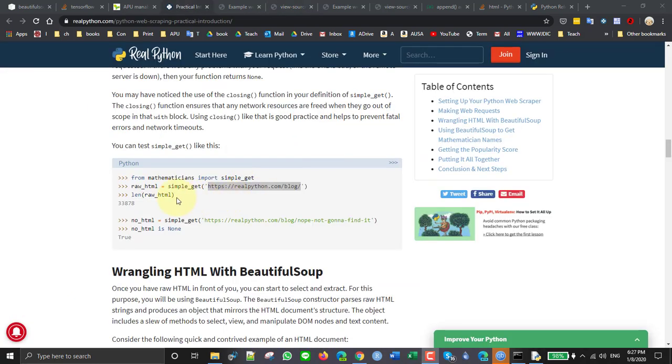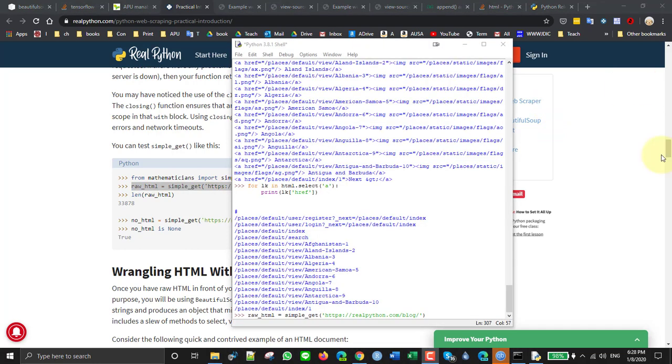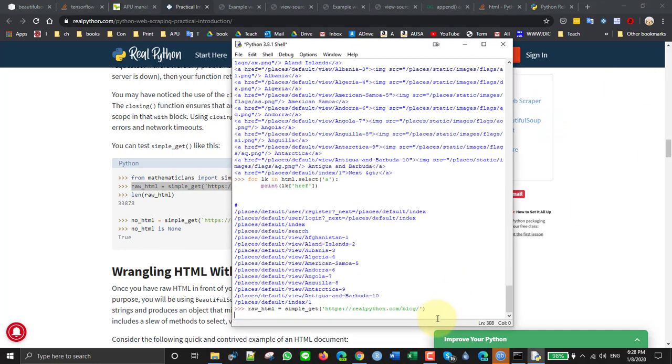So with his tutorial, what he did was he used a different URL. So he used this URL, and he used his simple get function on that, and he stored the results in here. And if you print this out, you'll get something like, I'll run this, and then if I just print it out, raw_HTML,